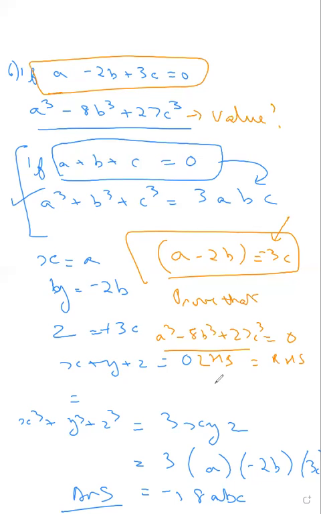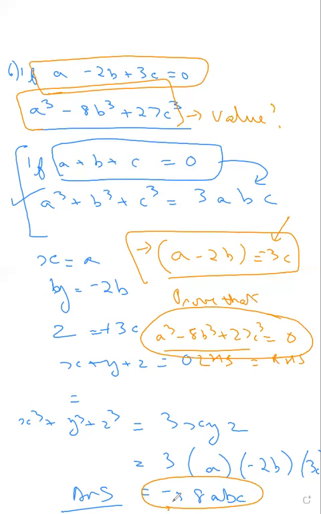Are you understanding the difference between both the methods? This is absolutely clear, sir. If the question was to prove that this is equal to 0, then yes, you would use this method. But here we are finding the value. Because we don't know the values of a, b, c, it will always be in terms of a, b, c only. It won't be a definite value, because a can be any value, b can be any value and c can also be any value. Did you understand the difference, Paki and Aryan? Yes, sir. So keep this in mind. Whenever we need to prove something, you use left hand side, right hand side. When you don't need to prove anything, use identities to solve further. Okay?